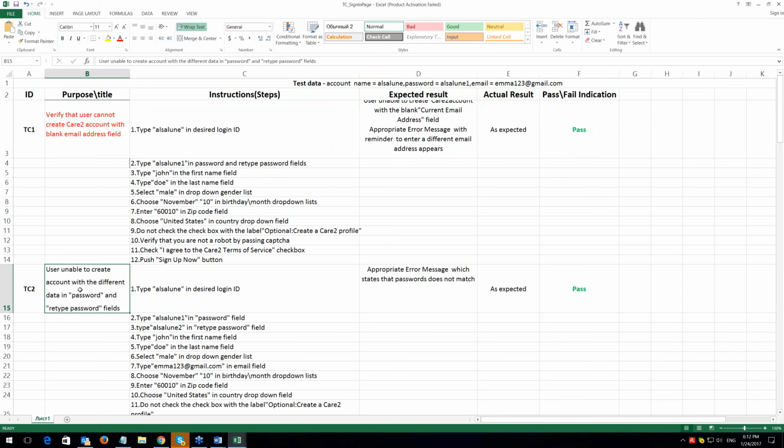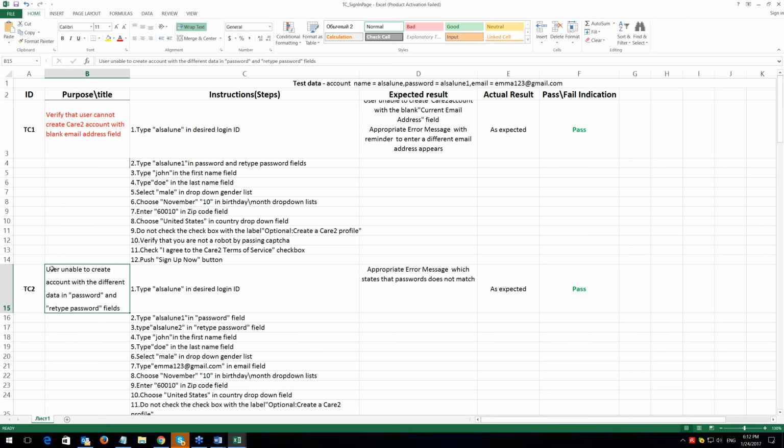Prove that user is unable to create an account with a password that doesn't match the retype password. Password and retype password should match each other. So with mismatch, very good test case.